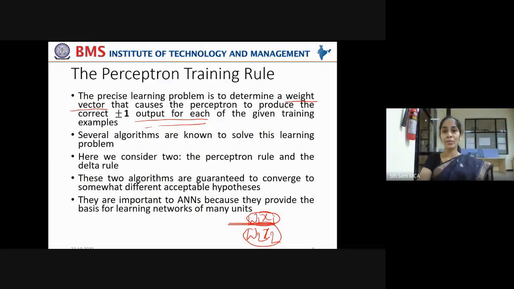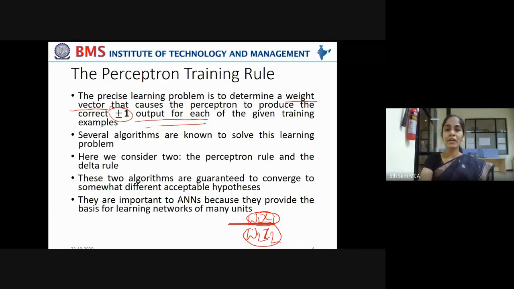So in order to fire those respective outputs, it has to adjust the weights, and that we clearly understood by using the AND Boolean operation. For AND, you want the output as 1 only when x1 and x2 are 1. Otherwise, you want the output as 0. In order to get that output, you are adjusting the weights. Did you notice that in the previous class? Yes. That is the learning problem that is associated with this perceptron. It has to adjust the weights in order to fire either +1 or -1 based on the threshold comparison with your linear equation output value.